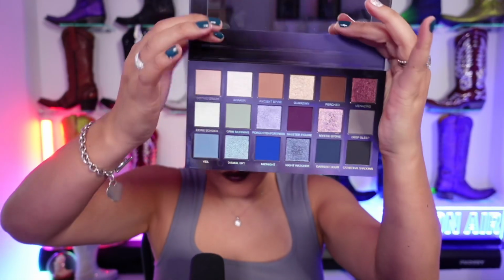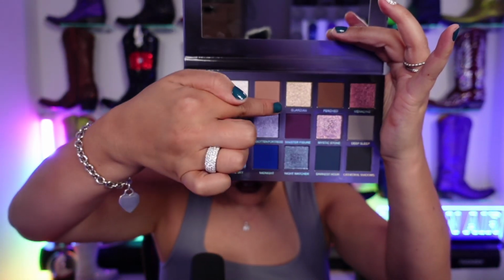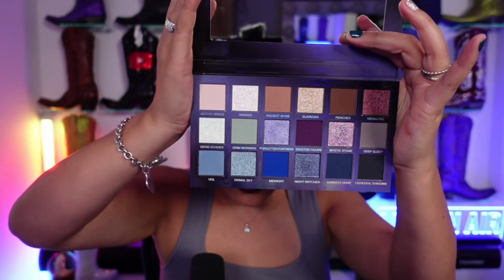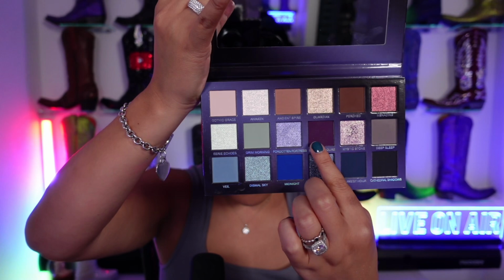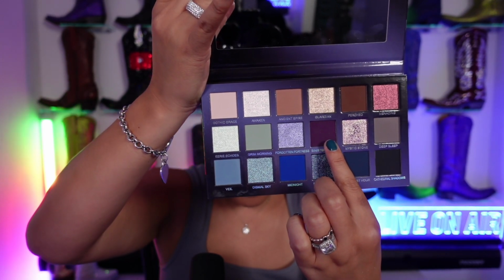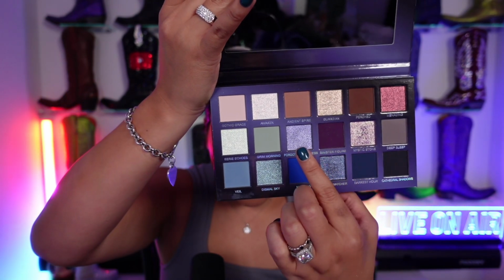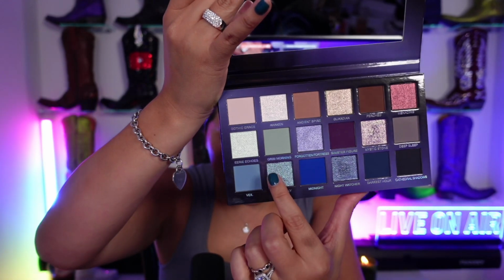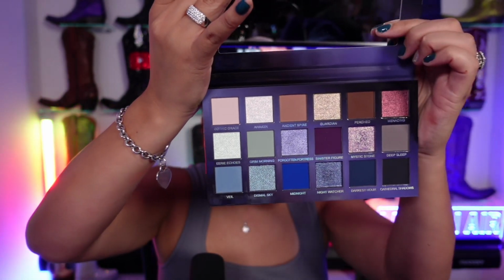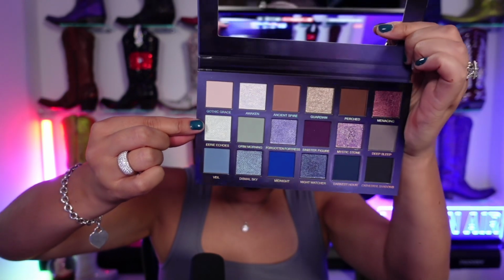A couple of other combinations I was thinking about: right up here in this top row, doing this in the crease, this on the outer edge, and this right in the center for a really fun halo eye. Or the same type of halo eye with this sinister dark purple on the outside and inside, and using either of these beautiful ones in the center. You could do the same in this blue family, and how stunning is this one here. And I really want to play with this one, which also has a fun shift. So